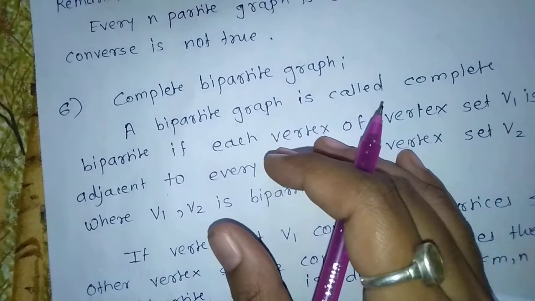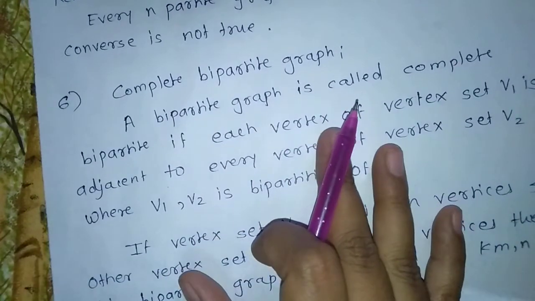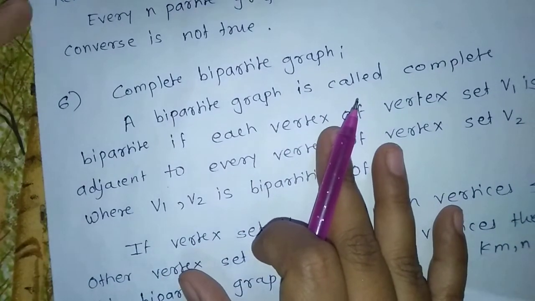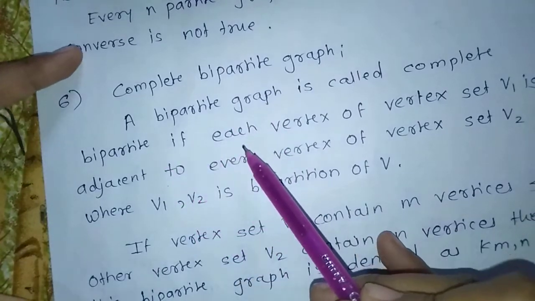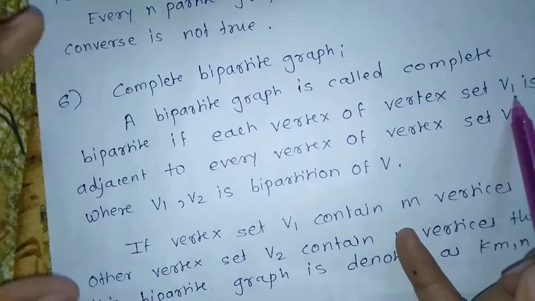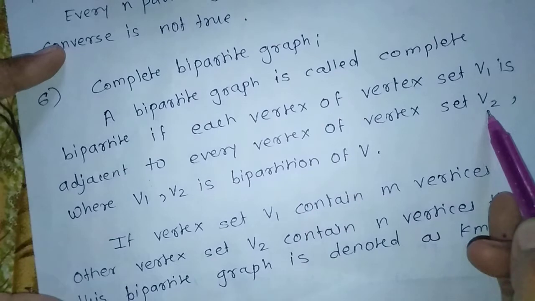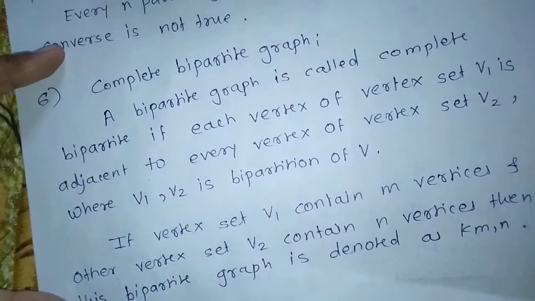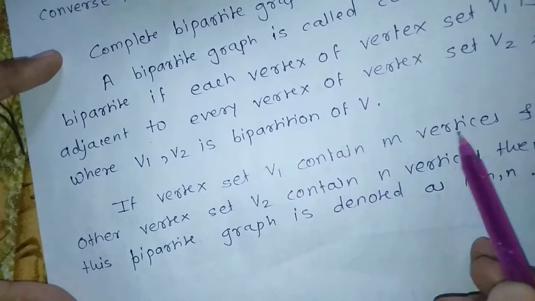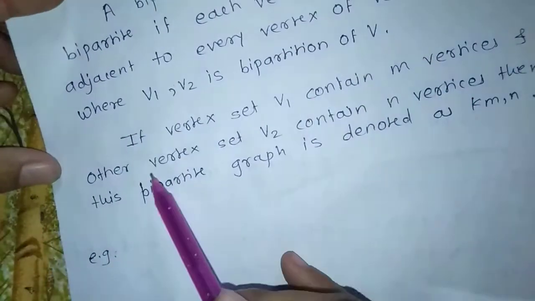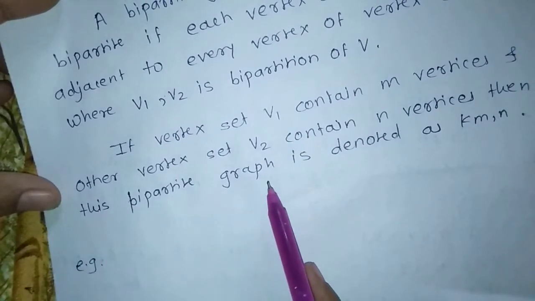Hello students. Next graph is complete bipartite graph. First, we will see the definition of complete bipartite graph. A bipartite graph is called complete bipartite if each vertex of vertex set V1 is adjacent to every vertex of vertex set V2, where V1, V2 is a bipartition of V. If vertex set V1 contains m vertices and the other vertex set V2 contains n vertices, then this bipartite graph is